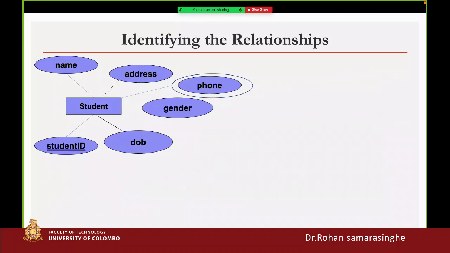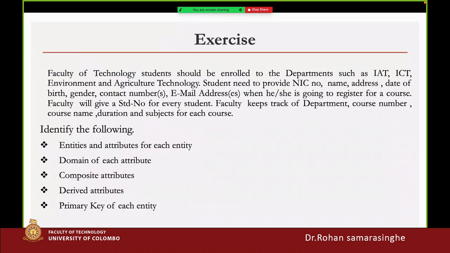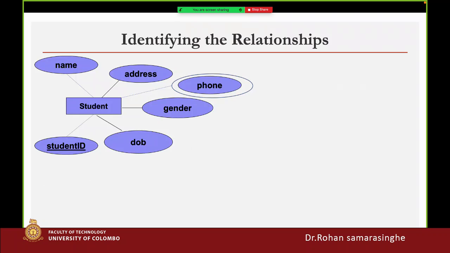Okay. So then, first of all, entities and attributes for each entity. Yes. And domain of each attribute, composite attributes, derived attributes, and primary key of each entity. Let's identify the student: name, address, telephone number, gender, DOB, student ID. Student ID is the primary key. Phone has the multi-valued attributes,